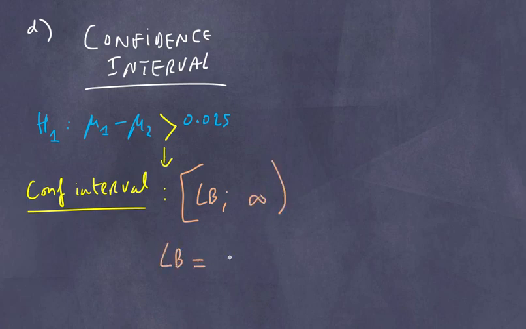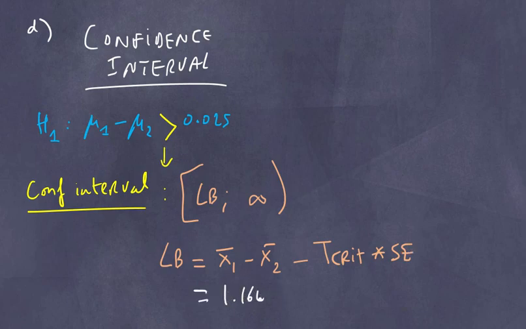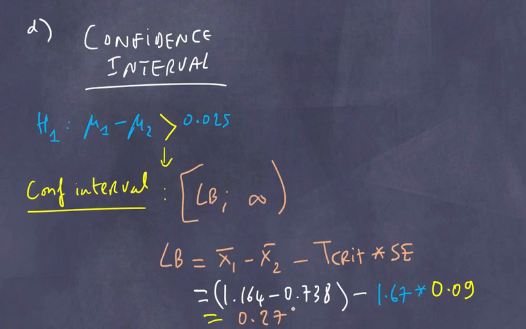And that lower bound is x1 bar minus x2 bar minus T-crit times the standard error, which is 1.164 minus 0.738 minus 1.67 times the standard error, which is 0.09, giving 0.276. And so the confidence interval is 0.276